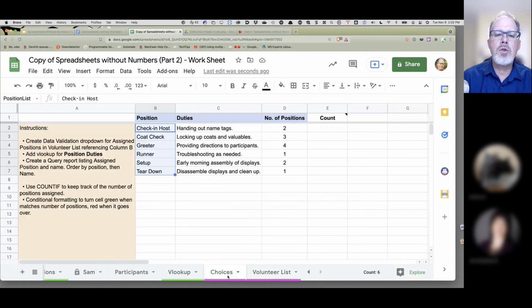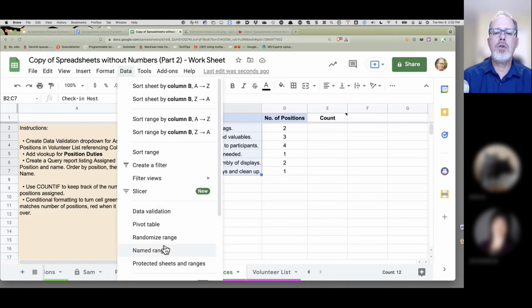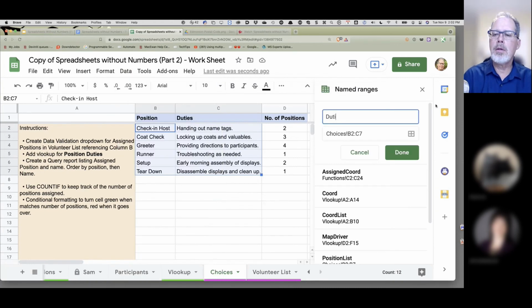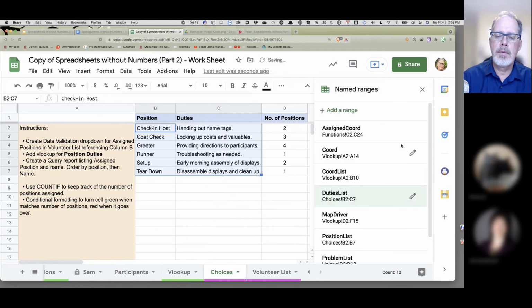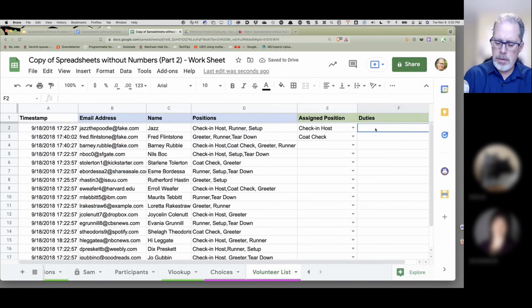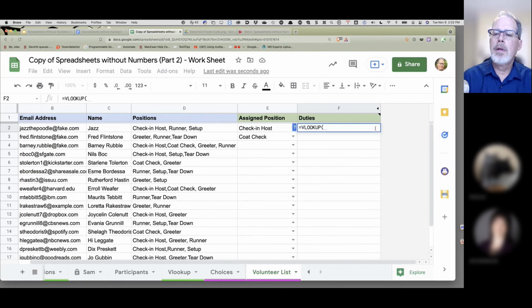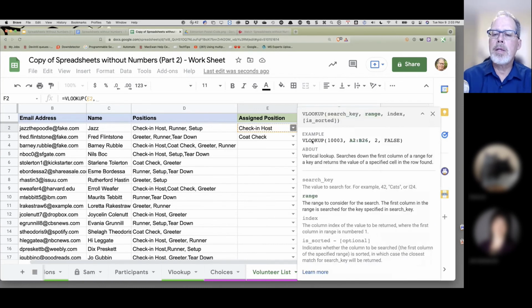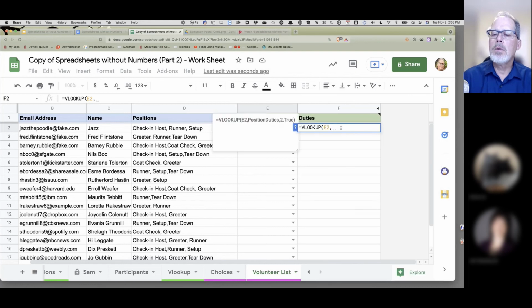First thing, again, I'm going to go back to this choice and I'm going to create a lookup based on a range. So I have to give this another range here. So data, named range, we'll call it duties. Call it duties list. We'll hit done. Close that. Equal to VLOOKUP. So I'm looking up this item here. Then it says what range. So that's where our duties part comes in. So we'll call it duties